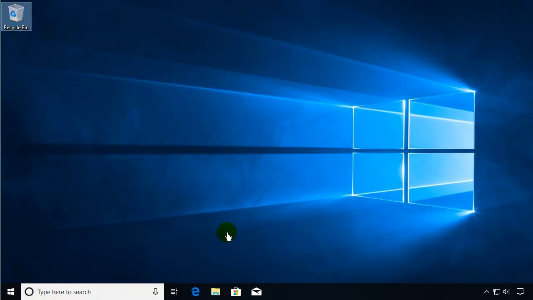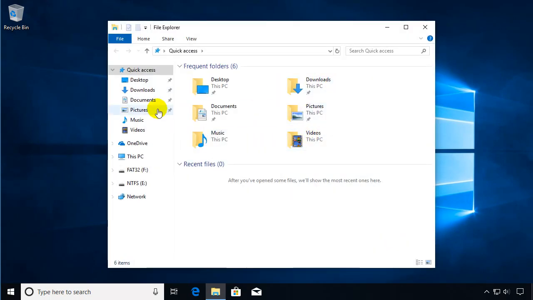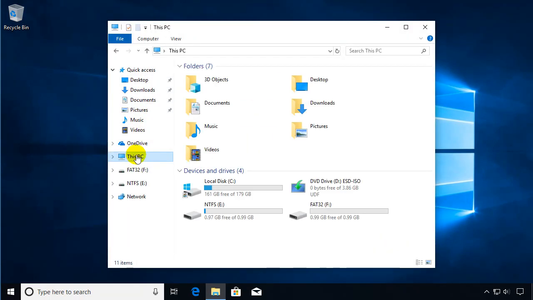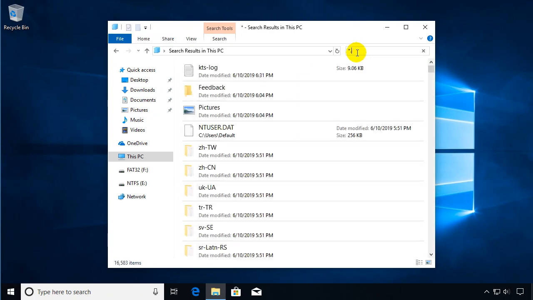Okay, so now I want to look at how we search for files in Windows. So I'm going to open File Explorer, and I'm going to click on This PC, and notice up here it says search this PC in the search bar, and I want to search for picture files and specific picture files. I'm going to look for JPEG. So I'm going to put a wildcard in there, star, dot, and then files ending in